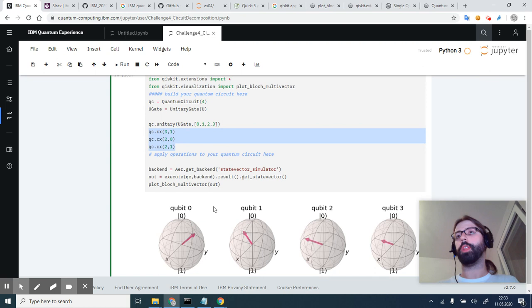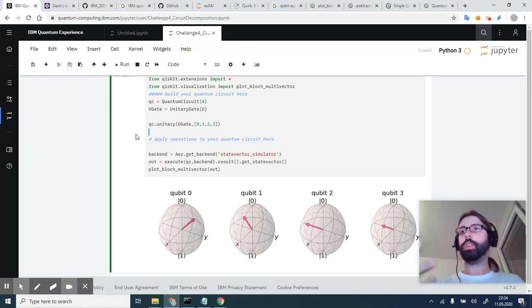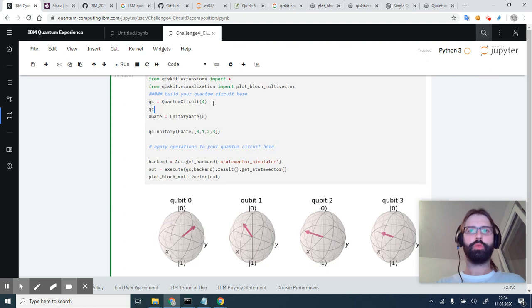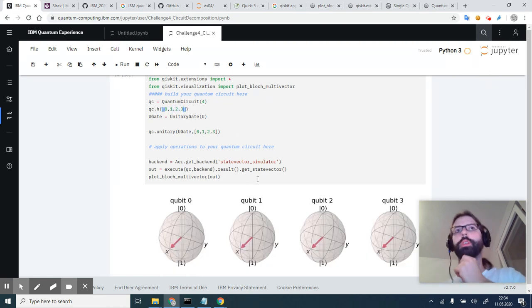Now, it's not enough to get it to work with just the initial state, taking the state back to 0, 0, 0. It also has to work with the plus-minus bases and with left, right, or whatever other Y observable basis. What was interesting is that as soon as you apply a Hadamard to all the qubits in here, you see that the unitary gate does absolutely nothing to it, which basically means that